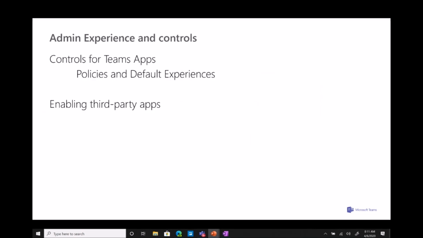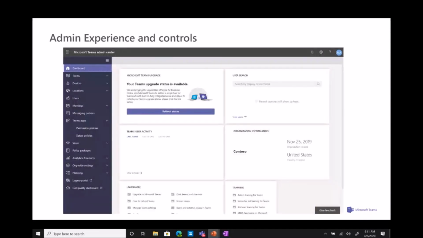Moving on, so like I said, as part of the agenda, that's the user side experience. Now moving to the admin side, admins have a very, very important critical role in this, especially in GCC. And the first thing that I want to talk about is the most important controls in terms of controlling apps and deploying apps in Teams. And then I want to talk about the process and the steps needed to go and enable third-party apps inside Teams. So first things first, we have an admin portal,